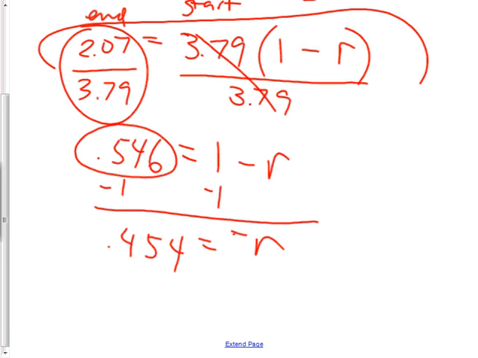Oh, you're right. I'm sorry. Then I subtracted 1 and it became negative. Sorry. You're right. Okay, so then I'm going to multiply by negative 1, which means I'm going to finally get an answer that is positive,